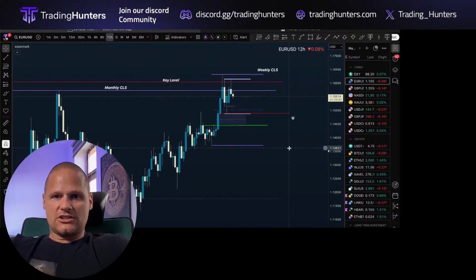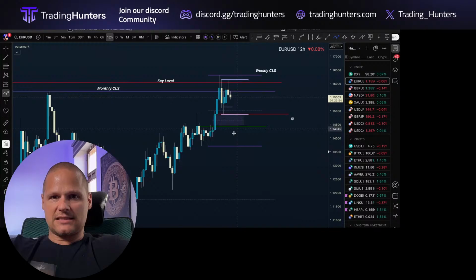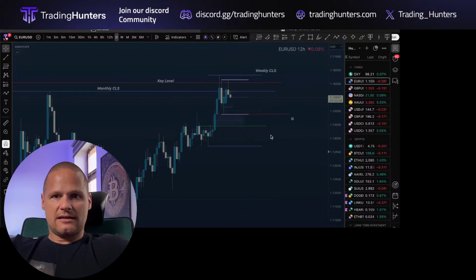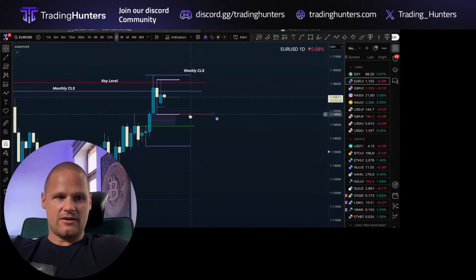What else can happen is that the price can drop lower, sharply into this daily order block, and then go higher. That can happen also. And I have this line here, which is basically the daily low. Let me show you this daily low. This is this last up candle currently. So if we close on the daily down here below this line,